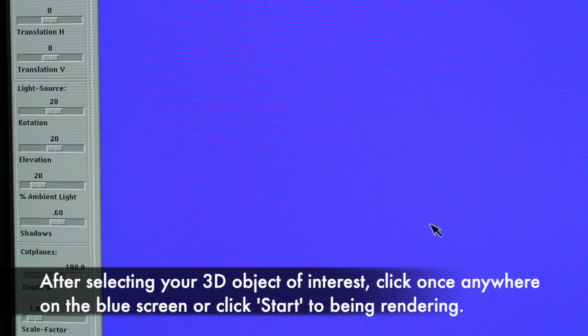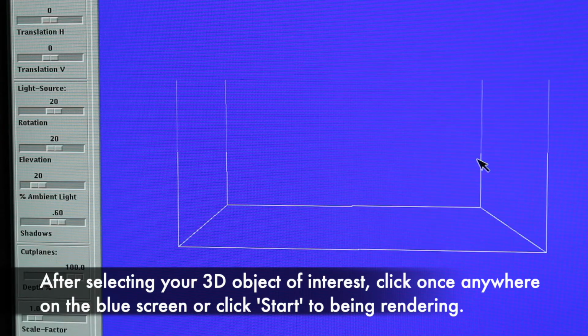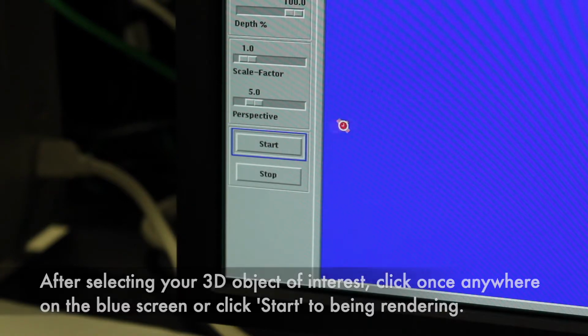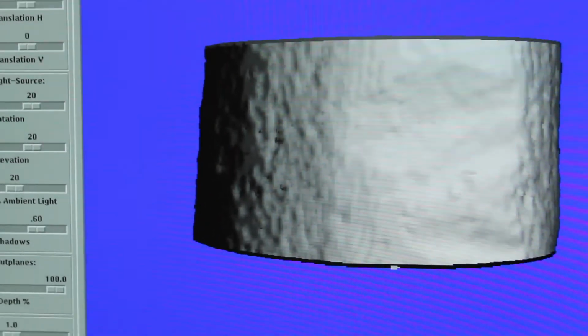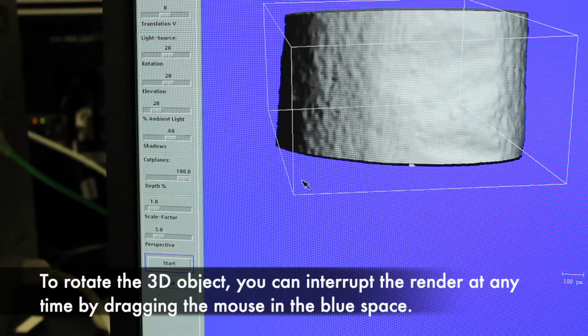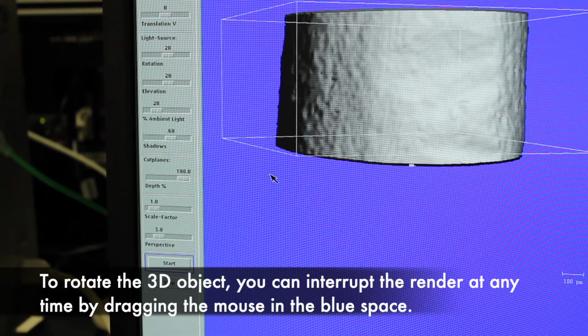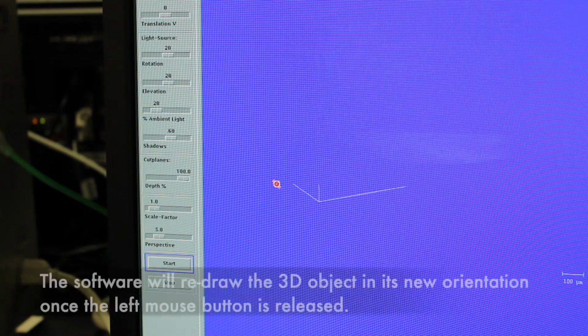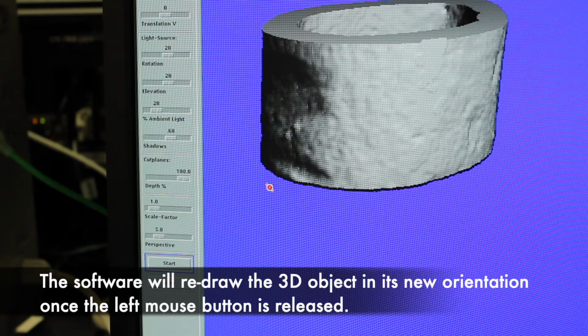Once you have found your 3D object of interest, click once anywhere on the blue screen or click Start on the lower left. The software will begin to do a 4-pass render to complete a drawing of the 3D object. To rotate the object, you can interrupt the render at any time by dragging the mouse in the blue space. This will cause the software to redraw the 3D object in its new orientation once you release the left mouse